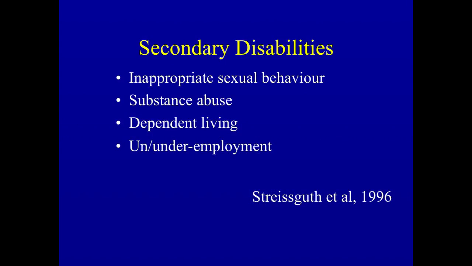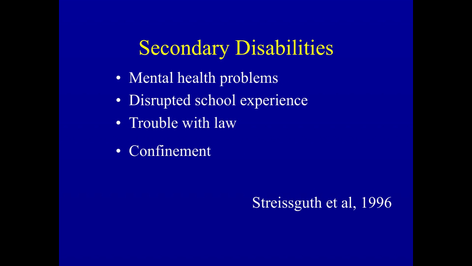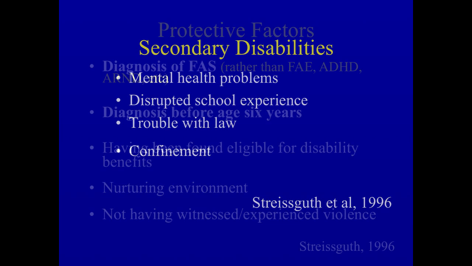Certainly impulsivity and academic underachievement make it difficult to earn an independent living, and so many of these individuals as adults are dependent upon the human services system. We talked about underemployment. Behavioral health issues such as depression are very common. We also inferred a disrupted school experience, largely because of academic underachievement and difficulty staying out of harm's way.